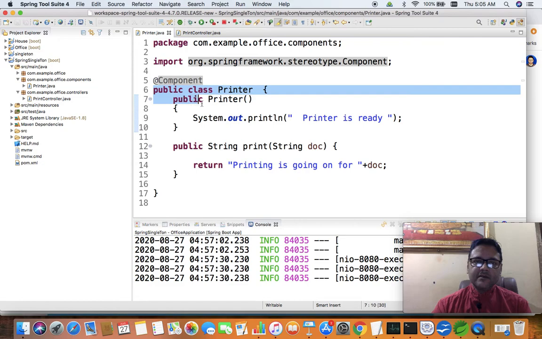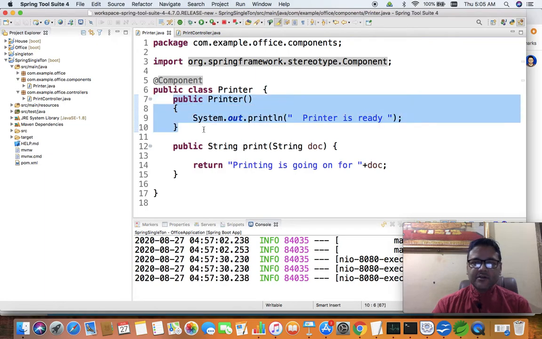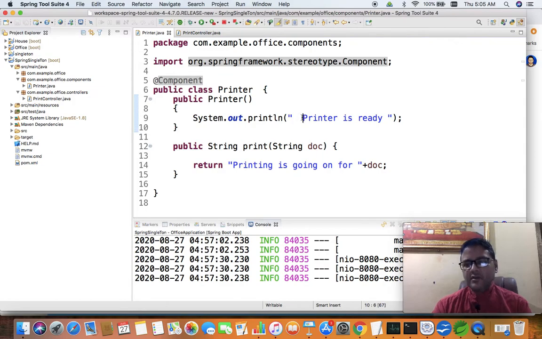You can see here is a class called Printer. The Printer class has a constructor. It is a public constructor, not a private constructor. This constructor is going to print a line into the console. The console is the lower part of this Spring Tool Suite.